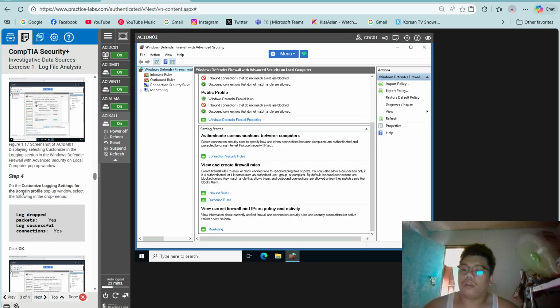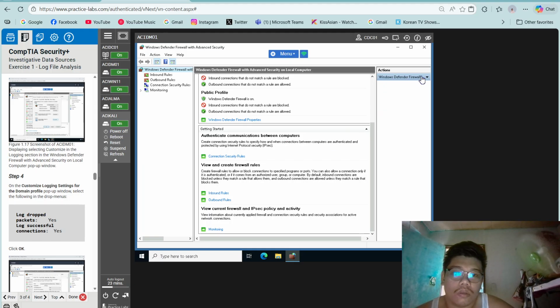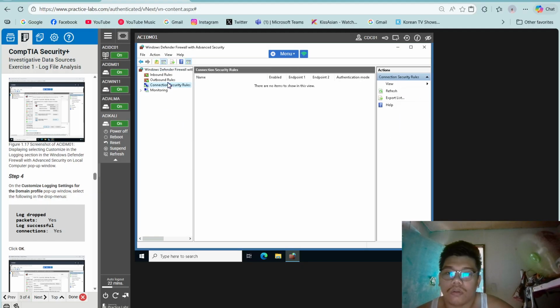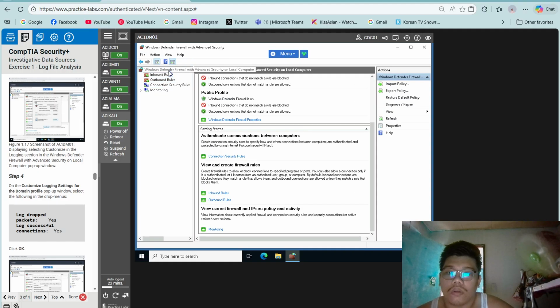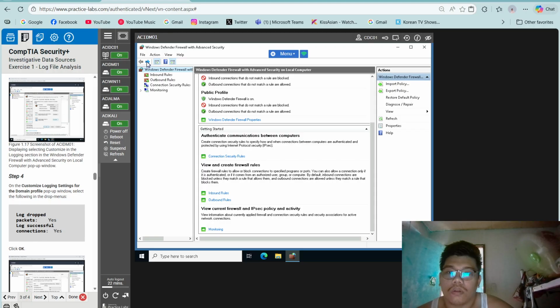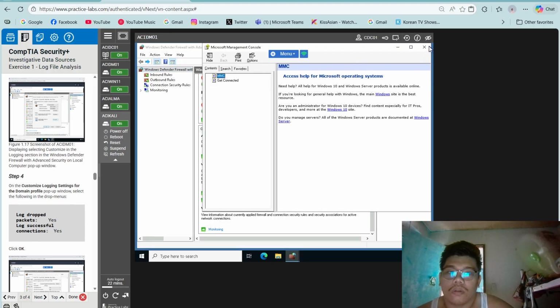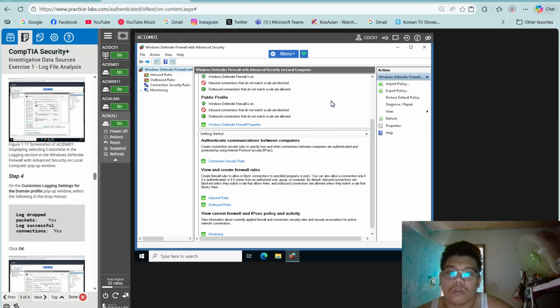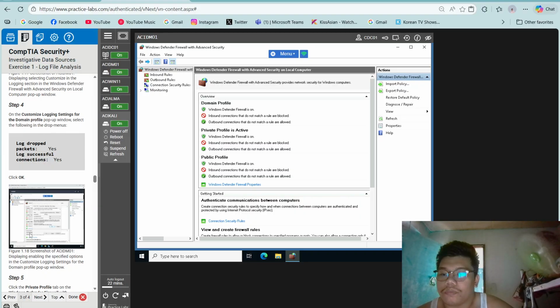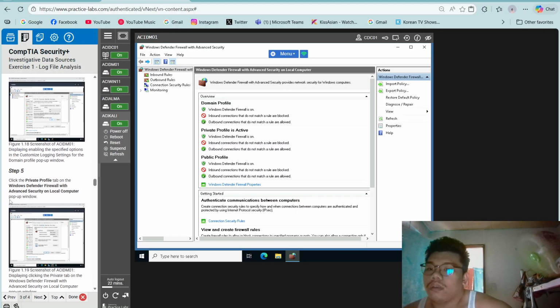Step 4, on the customize logging settings for the domain profile pop-up window, select the following on the drop-down menus. So click OK.